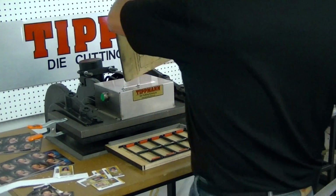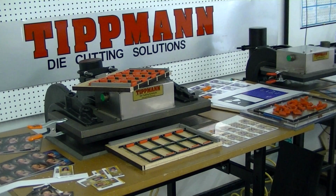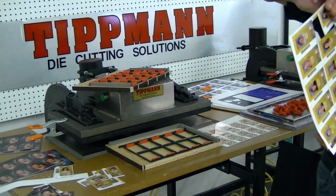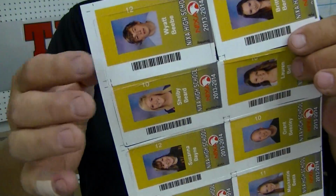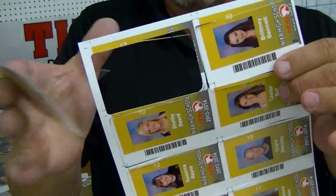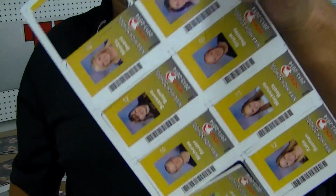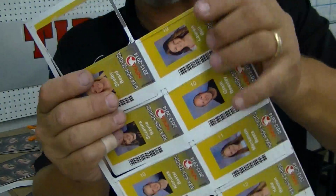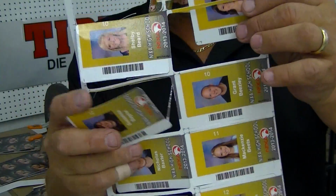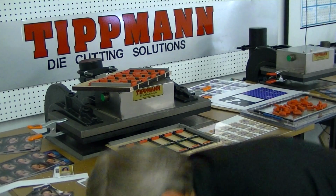Now what I'm going to do, I did a few sample cuts for you, and let me show you. This is what I cut. Now these are in here with the little tick marks, so you can just pop each one out. I didn't tear them all out because I wanted you to see that they stay in there until you pull them out. Just like this. There you can see they come out. So what I want to test for you,